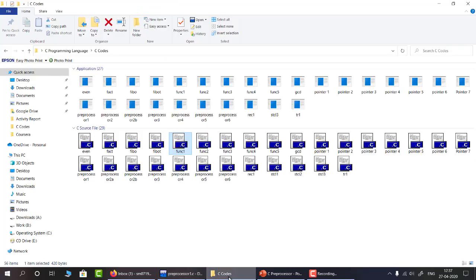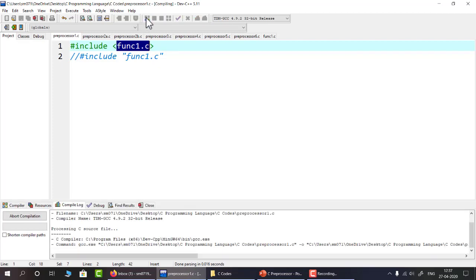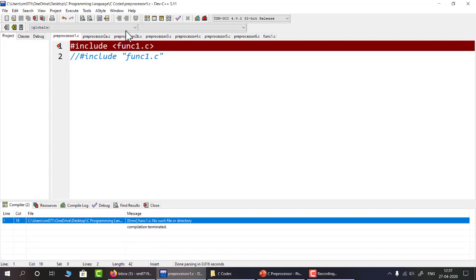So you can see this is my file. This directory is not mentioned in my include directory, so it cannot find that one. So if I compile this code, then it is going to throw me an error. So you can see that it is throwing an error because it couldn't find that file.